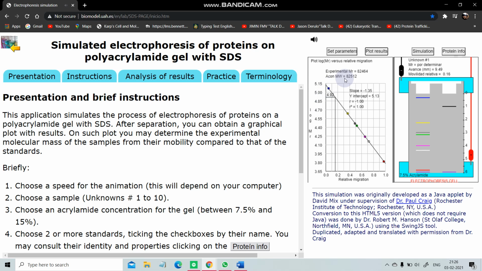we got the value. Before I tell you about this, let us know about this thing. The x-axis here, as you can see, shows us the relative migration basically. So my bad, this part, as you can see here, is the relative migration, that is 0.16. And this part, the y-axis, is our molecular weight. So as I plotted for 0.16, it corresponded, and our actual molecular weight came out